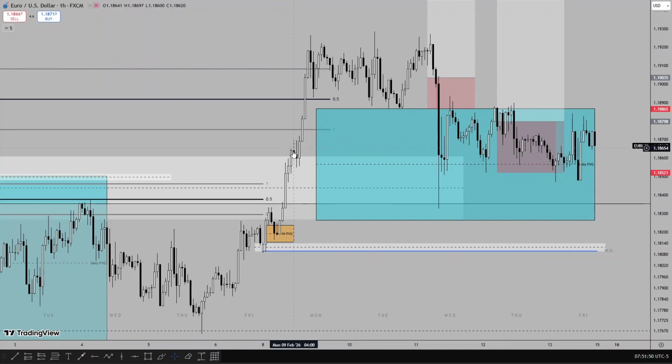So price traded higher throughout Monday. On Euro USD, price filled in the daily fair value gap. You can see Monday, price filled in the daily fair value gap. Tuesday, price took out Monday's high, retraced back to the range, leading to the closing price. Wednesday, price respected the daily fair value gap. That was the first retracement to the daily fair value gap. Respected the daily fair value gap, 1 hour shift in structure.